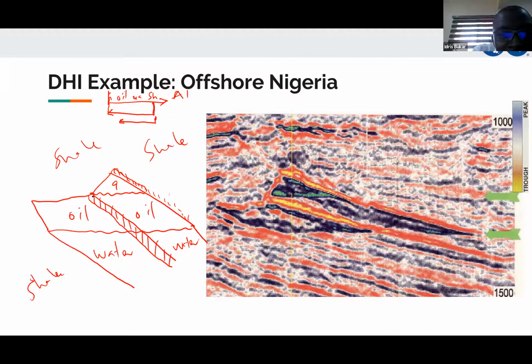This is what I would say is a stiffer shale. Because, like I said, this whole DHI business is all relative. If a shale is given the same sort of bright spot between it and oil, and then another shale is giving a similar bright spot between it and gas,